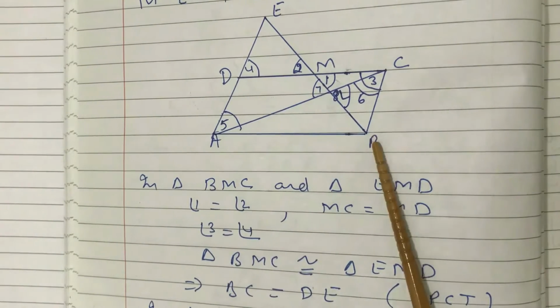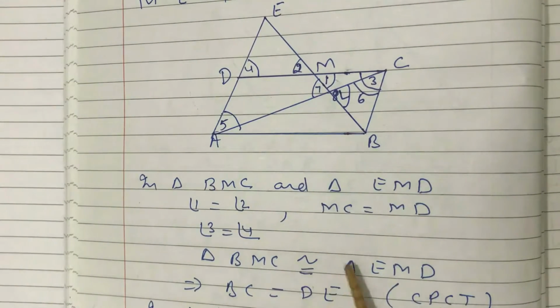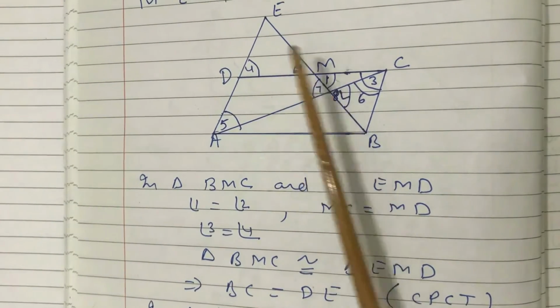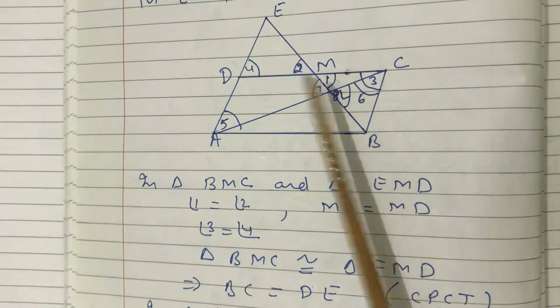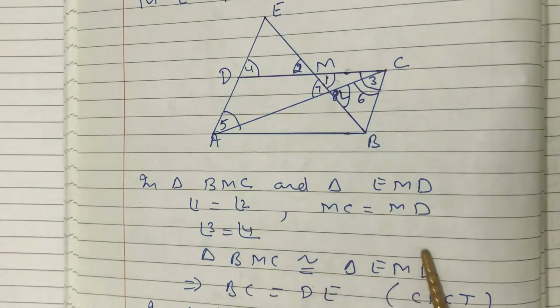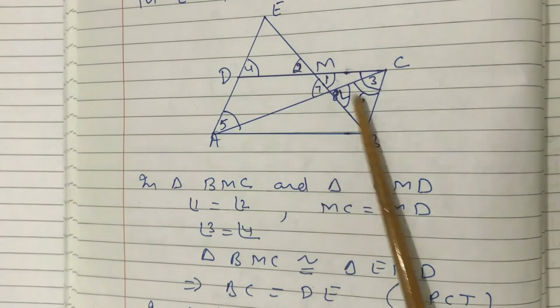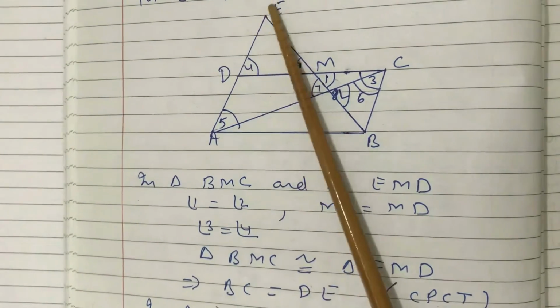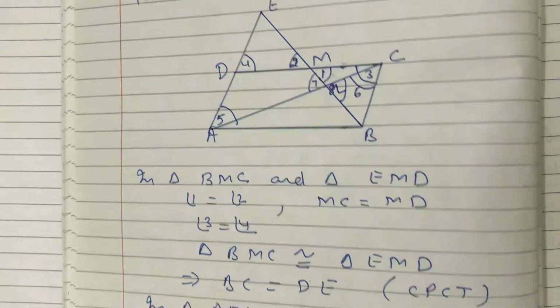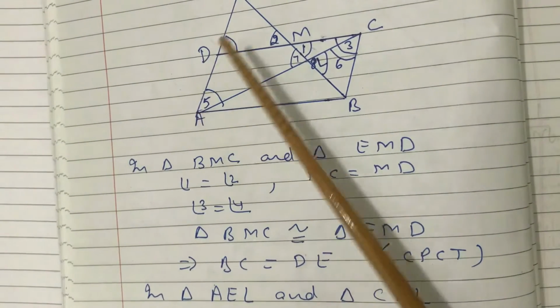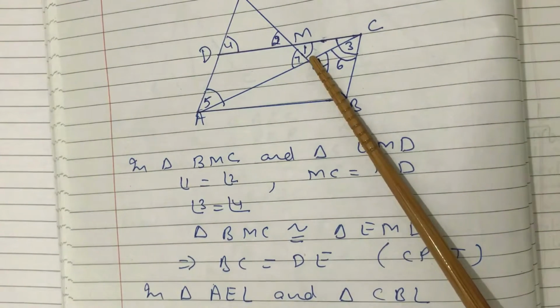First we will take triangle BMC and triangle EMD. These two triangles, we will prove that they are congruent, and we can prove that. I have proved it here, they are congruent. And if the triangles are congruent, then by CPCT, DE is equal to BC. In triangle AEL and triangle CBL,